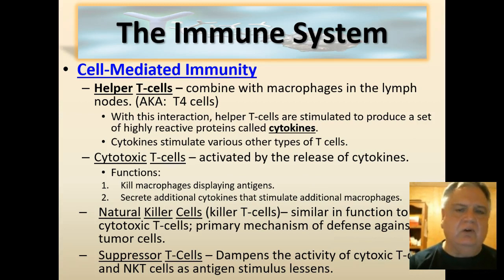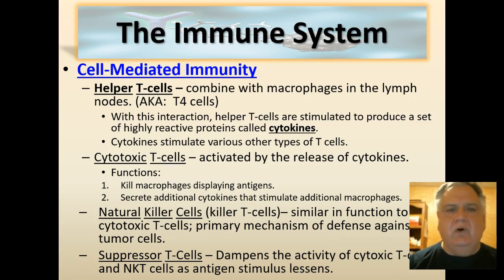The macrophages are going to go out, help the neutrophils, and eventually the pathogen is going to be removed from the system, and the amount of pathogen is going to go down, down, down. So as it goes down, there are going to be less and less antigen-presenting cells coming back to the lymph